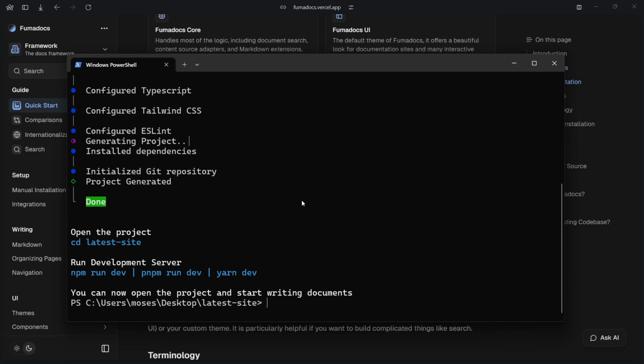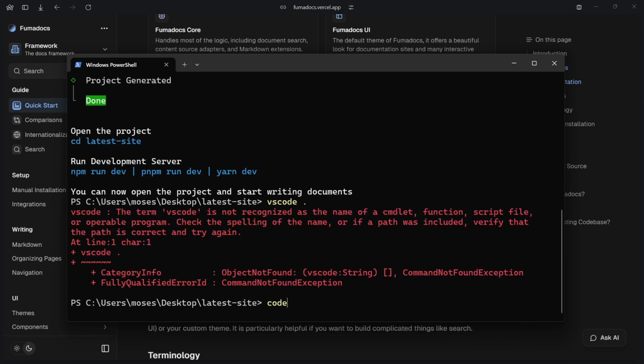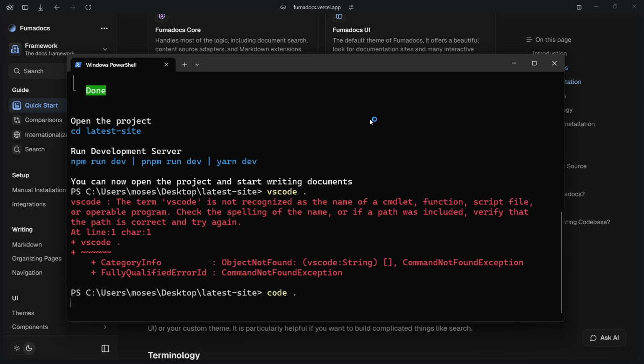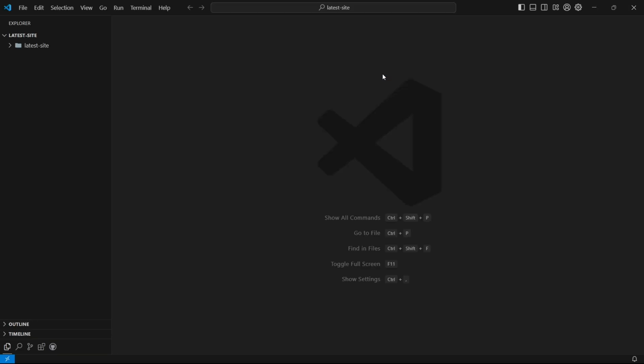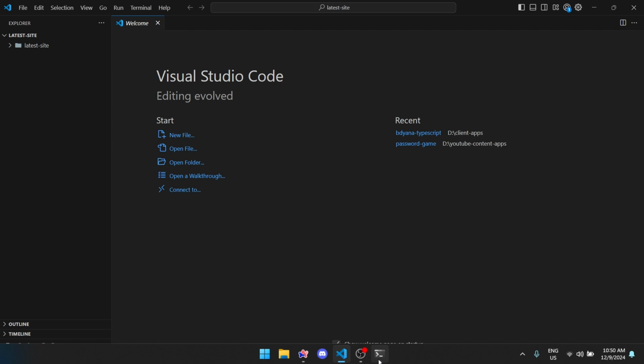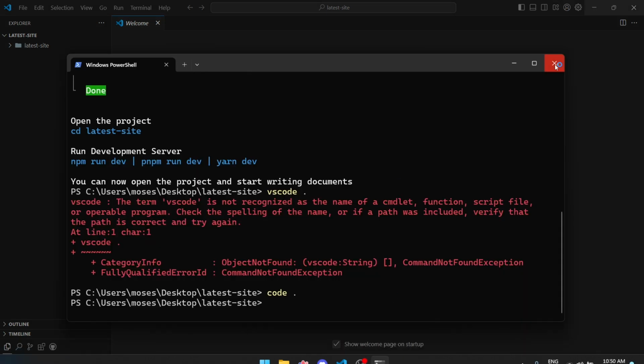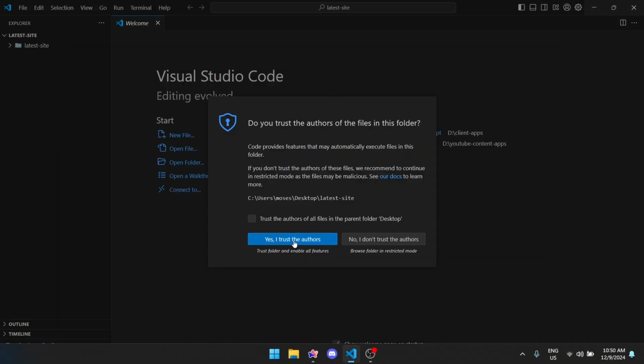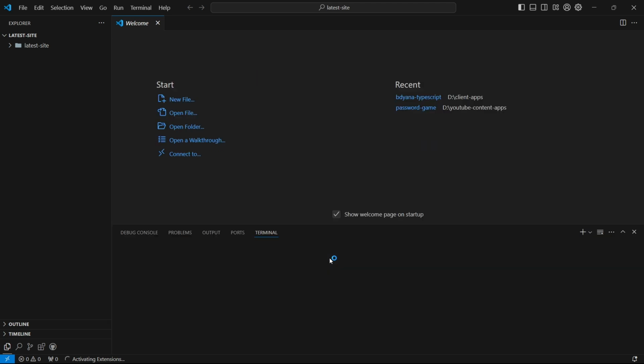That's a good one. So I can simply open this in my code editor. Okay, let me just use Cursor for this. It's going to open up, which it has done. Oh, great! It has opened up my VS Code. Yes, I trust the authors, and I'm going to go ahead